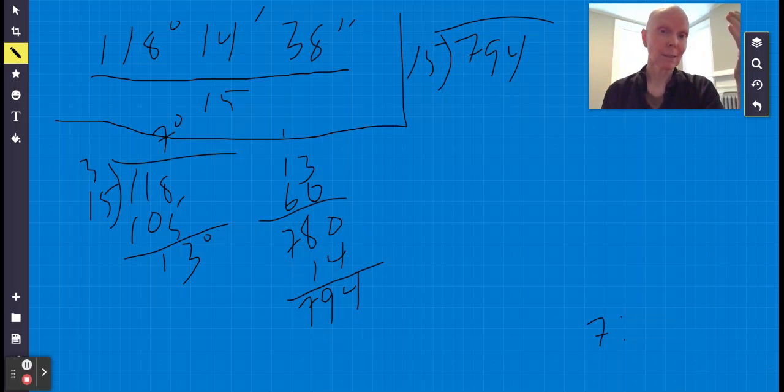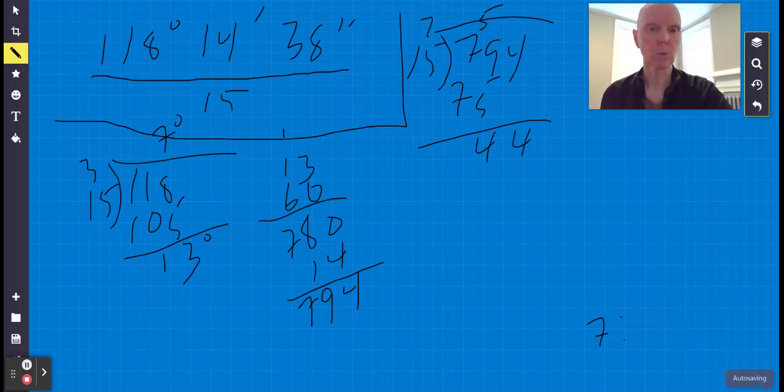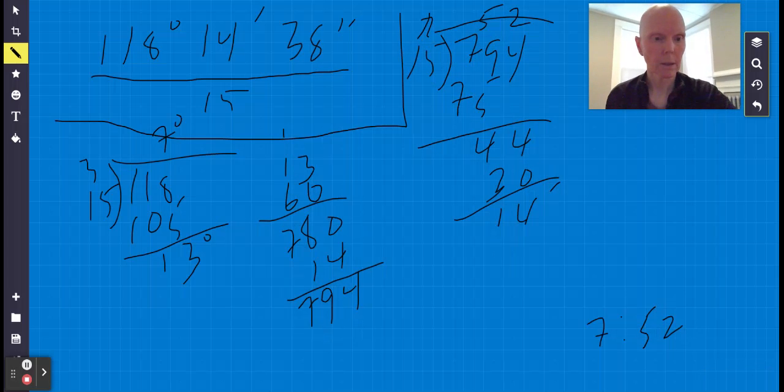4 times 15 is 60. 5 times 15 is 75. So that's 5. 5 times 5 is 25, 5 times 1 is 5, and 75. And then 44, 3 times 15 is 45, it doesn't quite get us there. So 52, 2 times 5 is 10, and that gives us 14 minutes left over. So we have 52 minutes and we have 14 minutes left over. We'll convert that to seconds, and then we'll add the seconds to 38, and then we'll divide that by 15. So 14